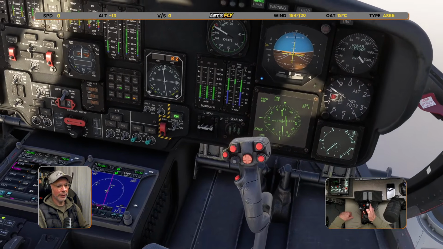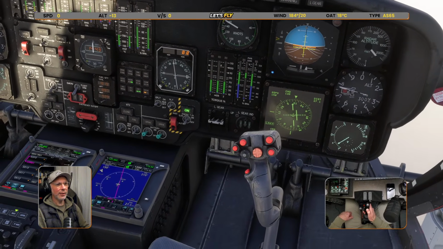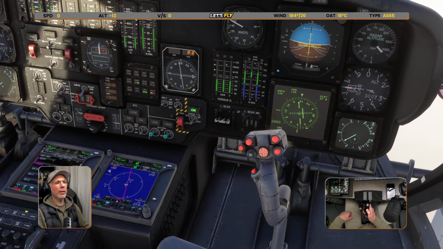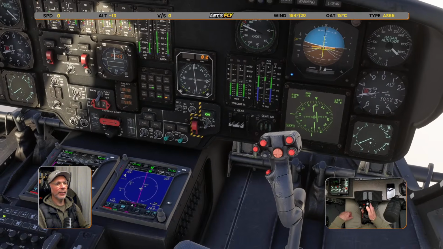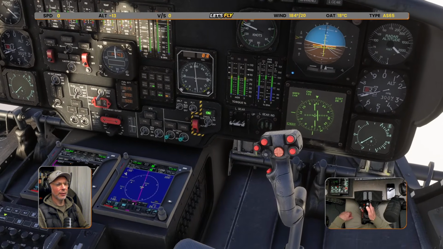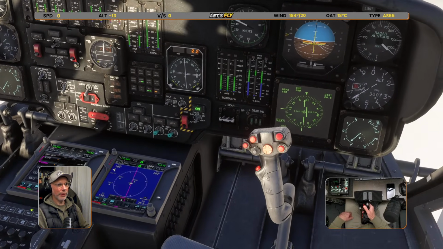I'm just getting overspeed suggestions in the stick, so that's now 130 commanded. It should be lowering the collective. It is. We've got fly-through mode on. I'll just have to tap the...